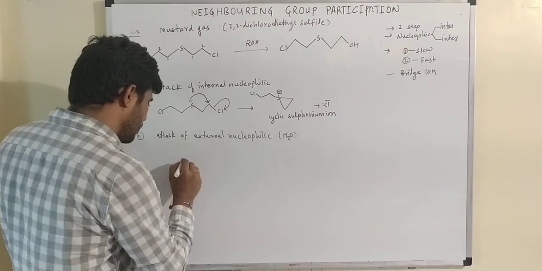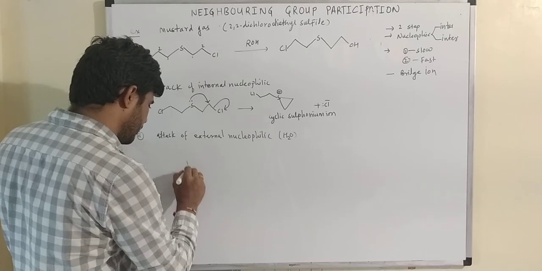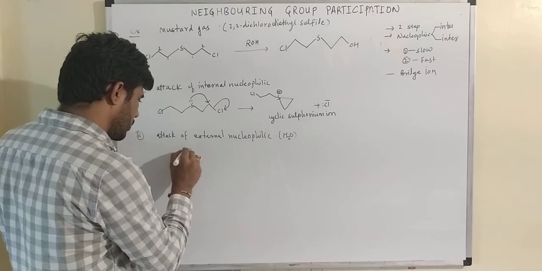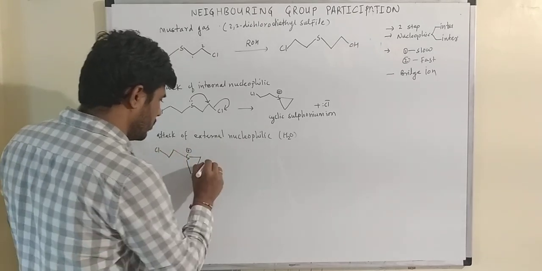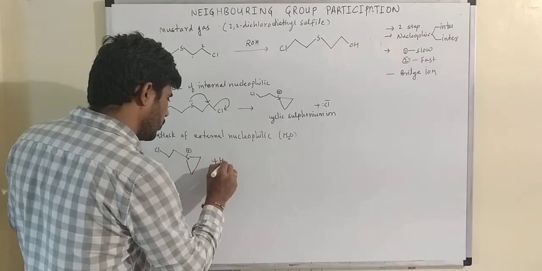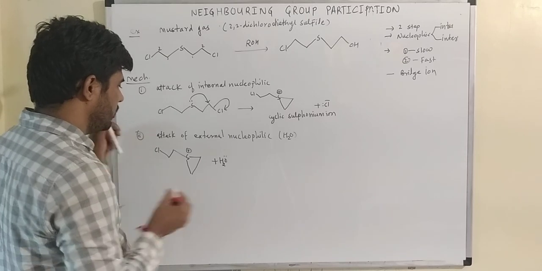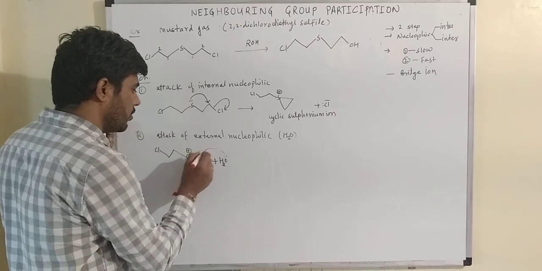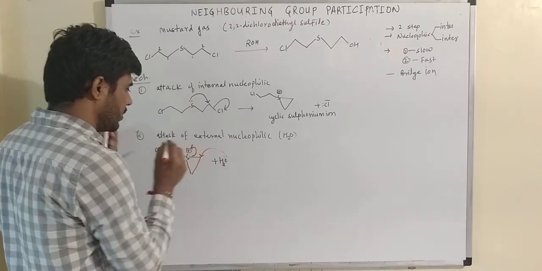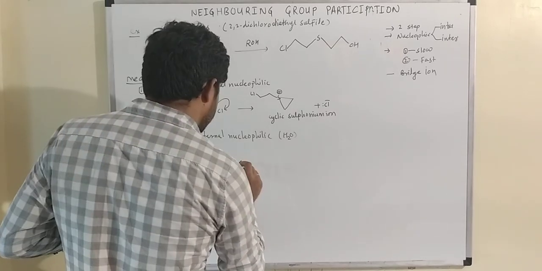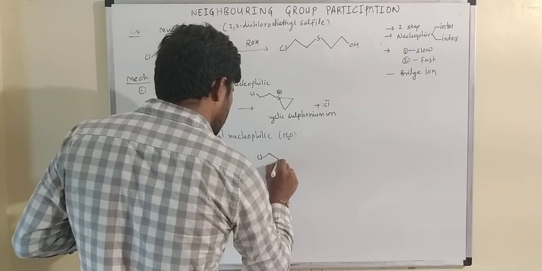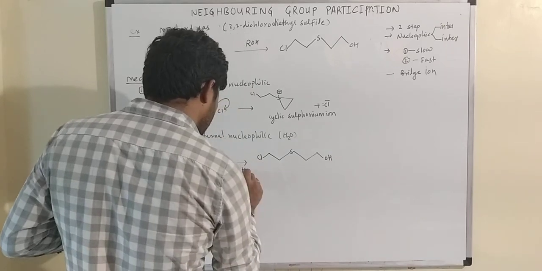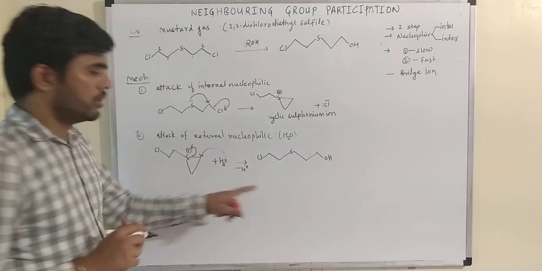So we can write this intermediate species like that. This is sulfur and the positive charge is on this particular group. So the water molecule is going to attack here. Water molecule can attack either here or here, because both the reaction centers are identical, or symmetric, you can say, and this can revert back. So the product is this: the chlorine group is here, sulfur is here, and this is OH. Here we lose this H plus, this is OH. So this is our product.